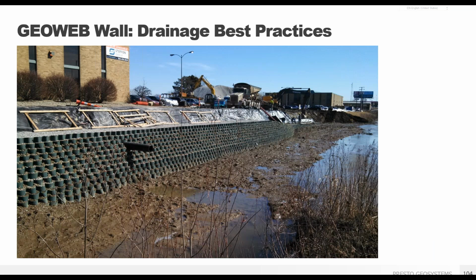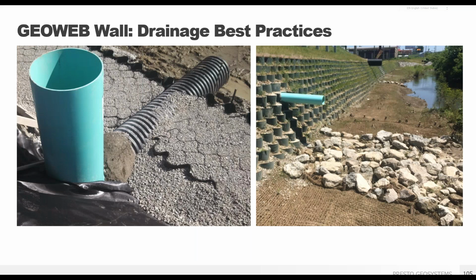Drainage is a very important topic that needs to be addressed with any MSE wall, including the GeoWeb wall system. Hydrostatic pressure buildup and improper drainage behind a wall face is the leading cause of wall failure, no matter the type of wall. The GeoWeb system is better equipped than impervious walls such as concrete block walls because by its nature it allows for water movement throughout the system. However, even with this, it's crucial to understand your specific site conditions and ensure hydrostatic buildup is mitigated.